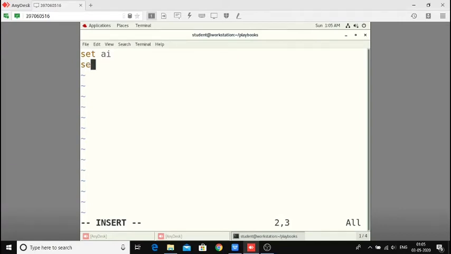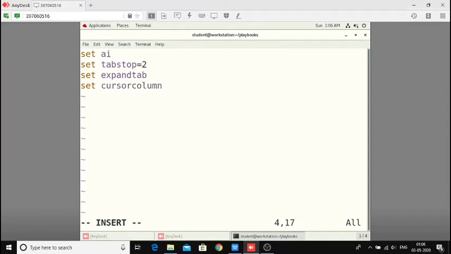Set tabstop to 2, which means if I use the tab once, it will take two steps. Set expandtab. Then set cursorcolumn.